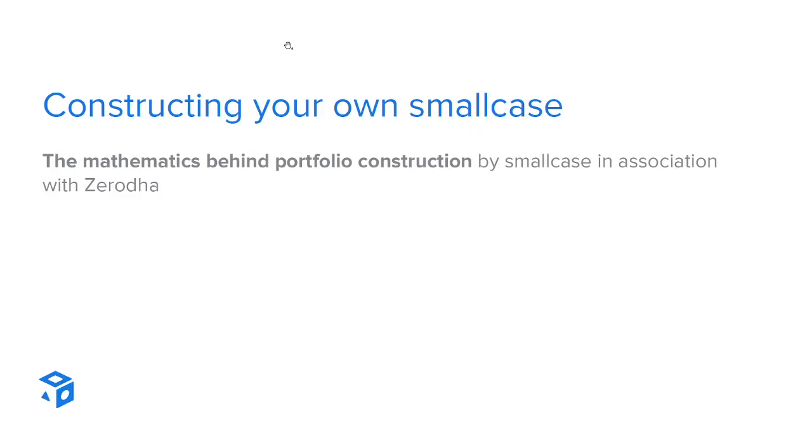Now coming to the webinar in hand, we have seen many people constructing their portfolio through small cases. You can create a small case of your own, but the thing is, most of it is not done scientifically. So we thought in this webinar we could give insights on how these small cases are actually built. There are 35 plus small cases on the system, built by our research team. But the thing is, this is not an easy task. So for you to understand how small cases are created, it is necessary for you to know the mathematics behind